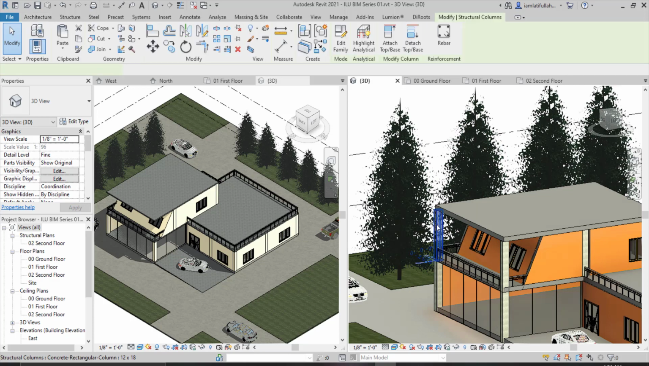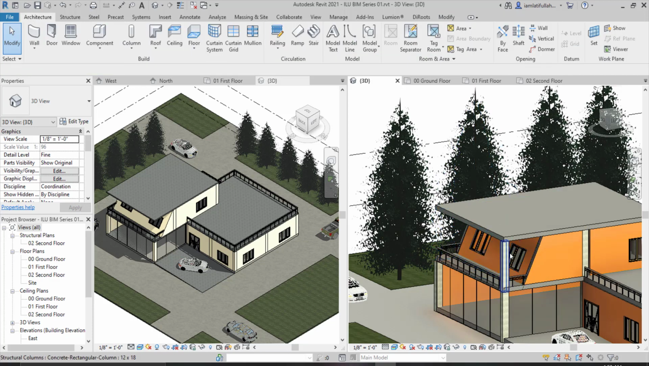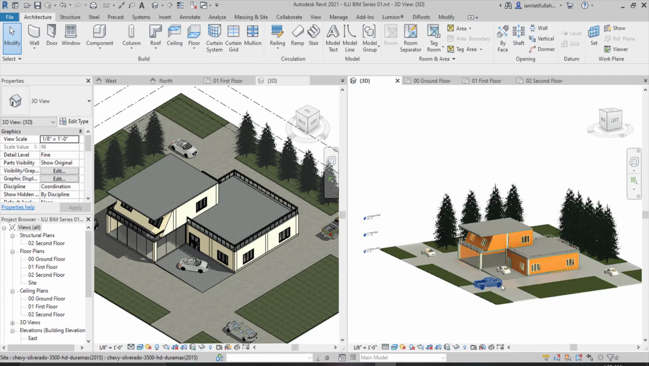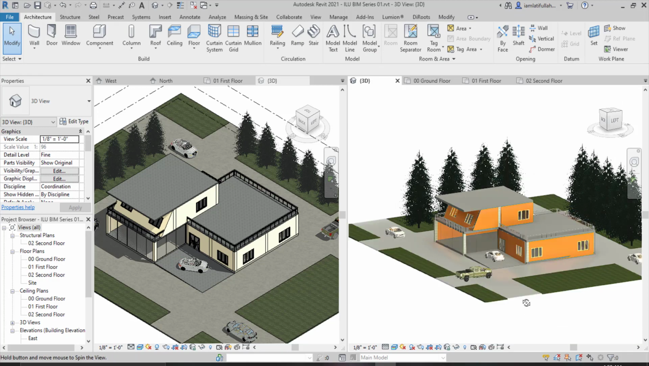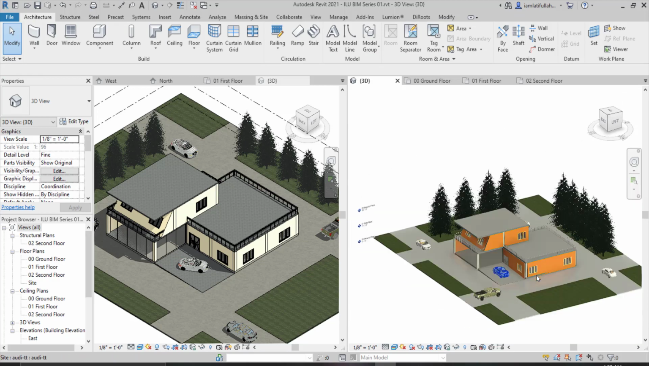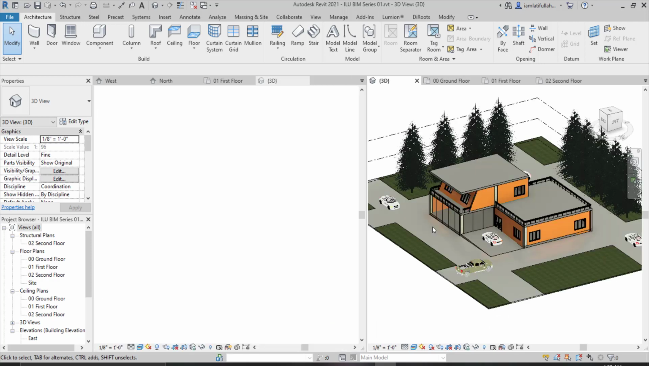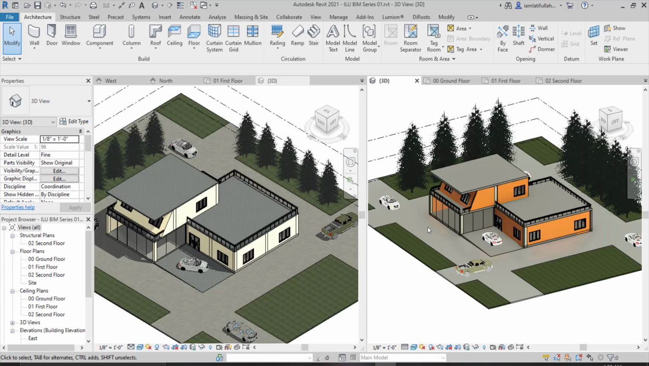So you can also delete these columns and make this roof cantilever. So now this is matching. So this is how you can make these different beautiful models in Autodesk Revit 2021. And in the next videos we are going to add other different things with it. So I think this is enough for today, and now I'm going to show you